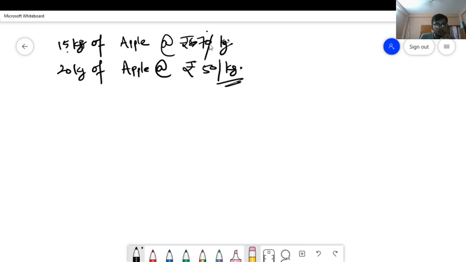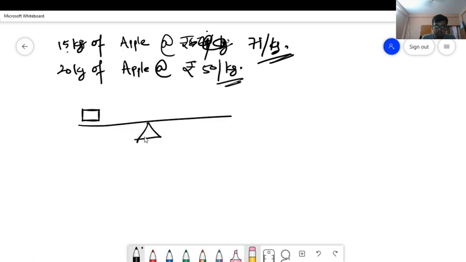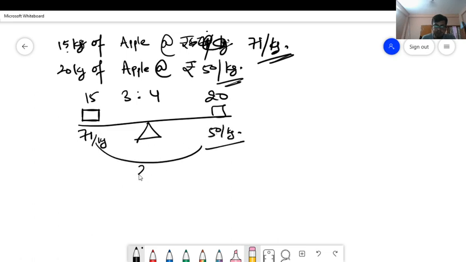Then let's say this is 71. Now, what did we learn? The kg needs to come over the seesaw. This was 15, this was 20, and the ratio was 3 is to 4. The per kg rates come here. We would need to do the math. This will be 4 is to 3, the reciprocal of this ratio, and we can easily divide it as 4 upon 7.